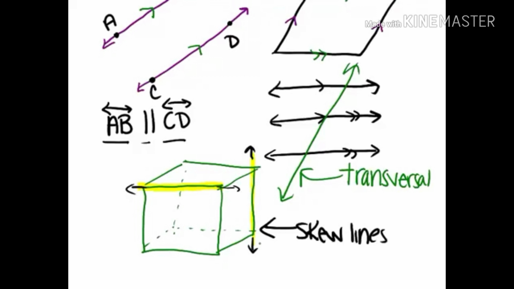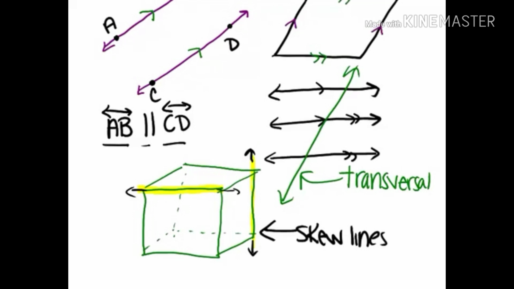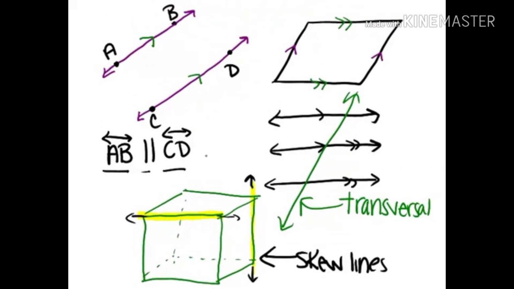So the things you need to remember are both skew lines and parallel lines never intersect, although parallel lines are in the same plane and skew lines are not in the same plane. Some other vocabulary and notation in text, this symbol is the symbol for parallel, and if we're notating it on our picture, we use little arrows matching to show that two lines are parallel. And the last thing is this transversal is a line that crosses parallel